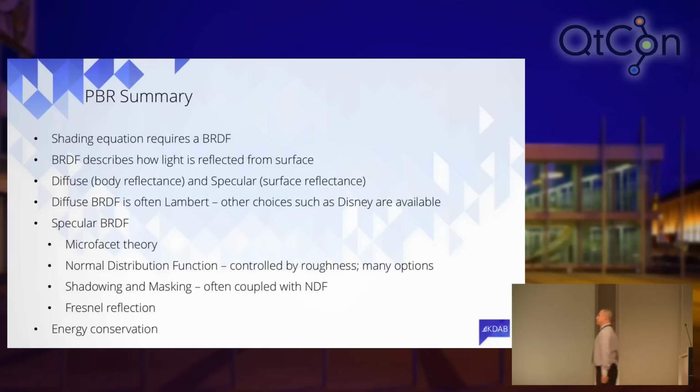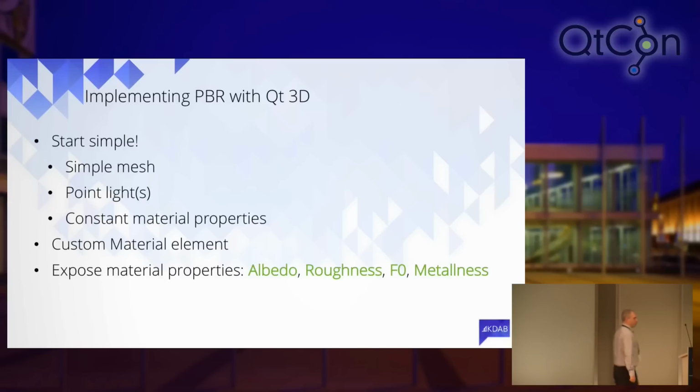But by doing that, we can then start to implement things. So if we remember back to our first couple of slides, we can make a custom material, and we can then parameterize our shaders based upon some of these quantities. So the albedo, for example, is like the diffuse reflectivity. Roughness contains how shiny or blurred our reflections are. F0 is our specular color, looking straight down on an object. And the metalness basically just says, is this a metal or is this a dielectric or something in between? Because you can have metals with impurities and things like that. Now, if we do that,